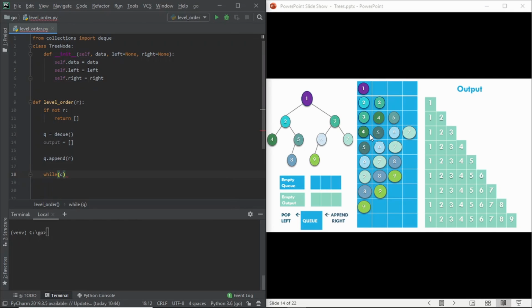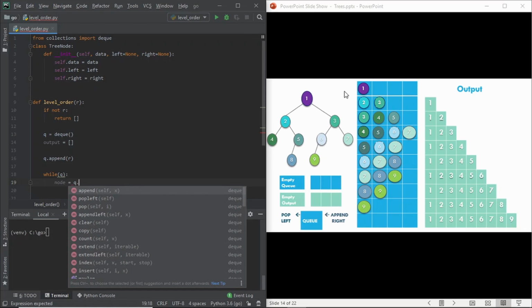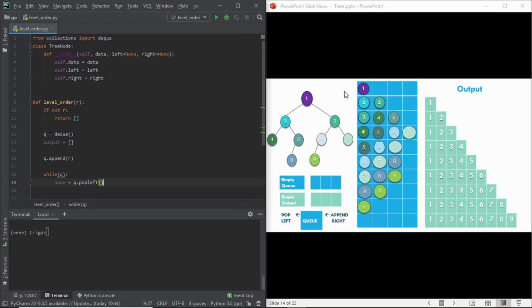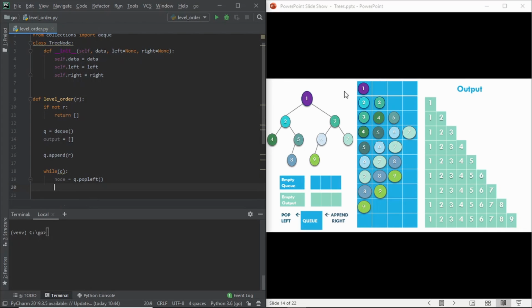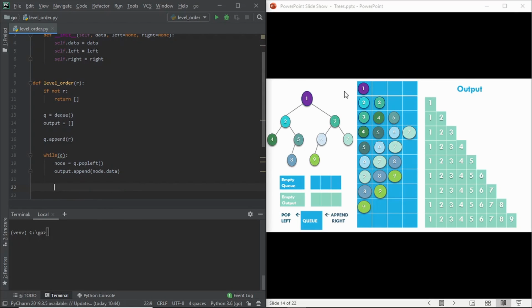While the queue is not empty, we pop the element from the queue: node equals the element popped from the left. Then add the node's data to the output. We were popping the element, then adding the data to the output.